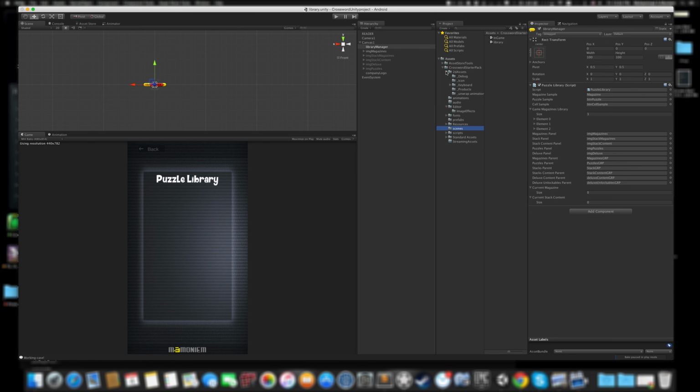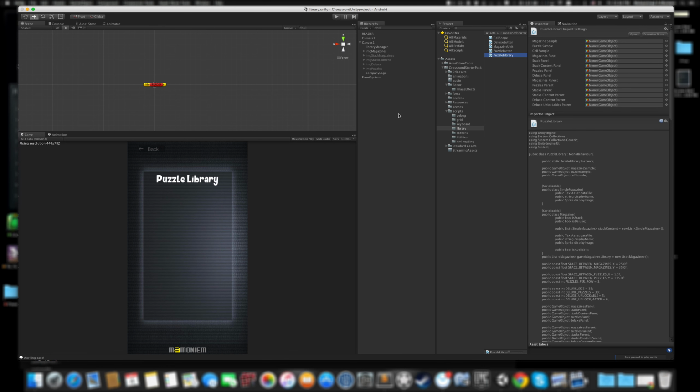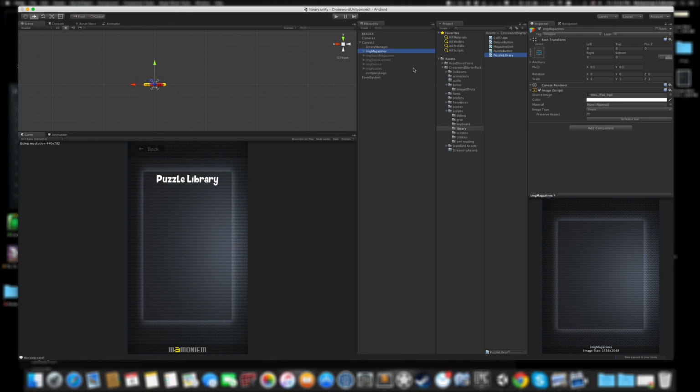But anyway, the most important parts of the code could be found here. The grid manager is the most important part for the gameplay itself. And for the library screen itself, the most important part is in the library here. It's called puzzle library. Feel free to check this code, change this code, but it's unlikely that you would like to change something in the code, because you could just download this crossword starter pack and keep adding stuff